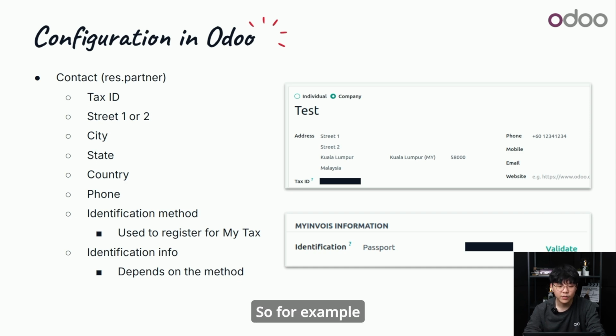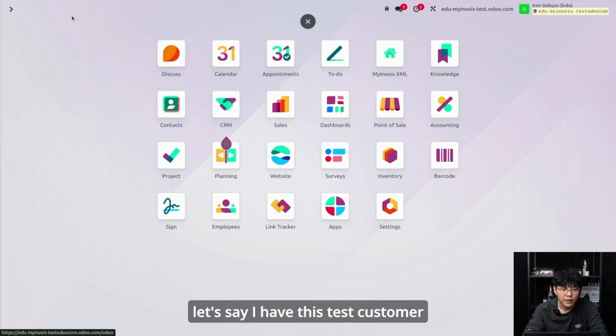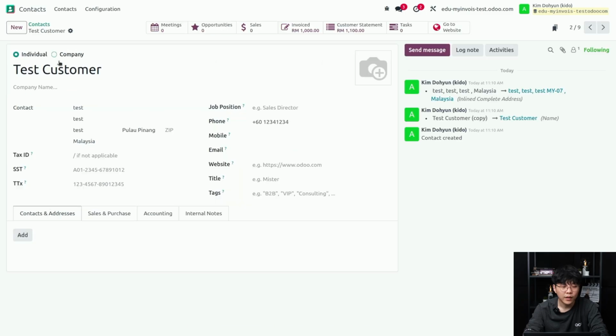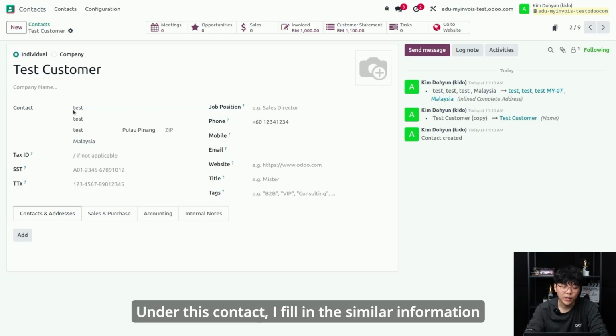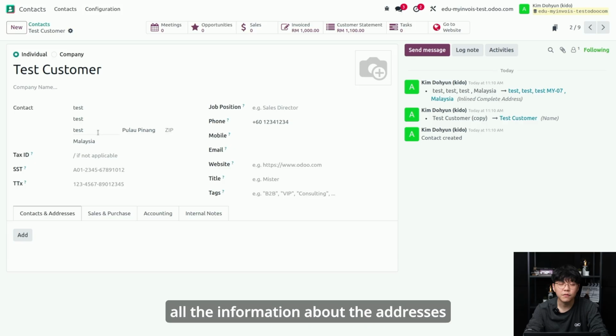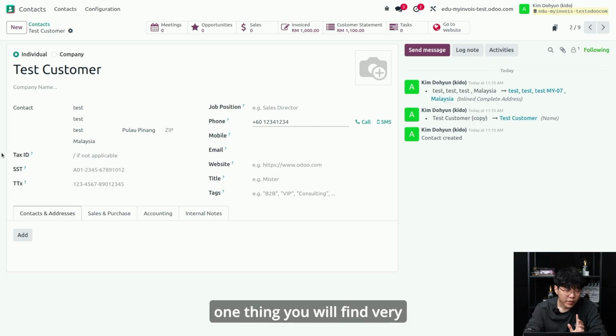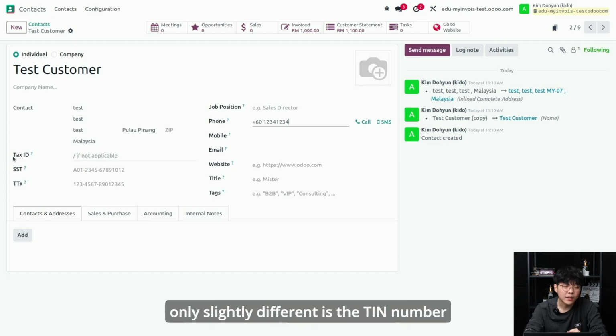So, for example, let's say I have this test customer that I want to send an e-invoice to. Under this contact, I fill in the similar information, all the information about the addresses, and then I input the same mobile number, just 1234 as an example. And then one thing you will find slightly different is the TIN number, because tax ID is not